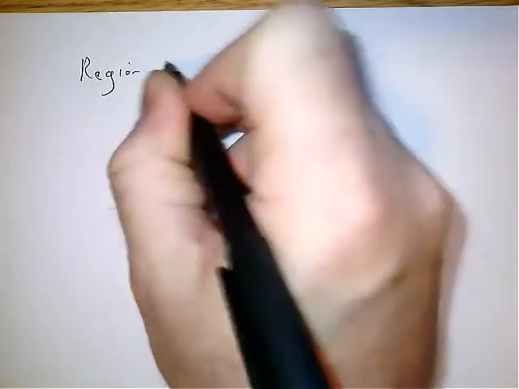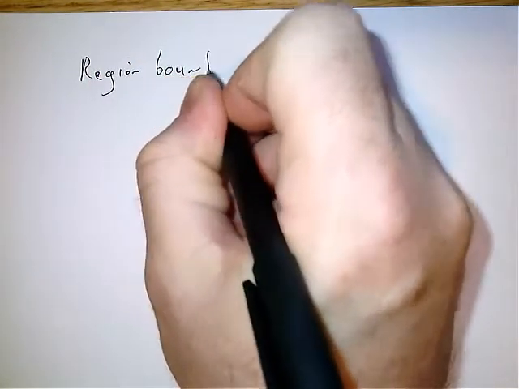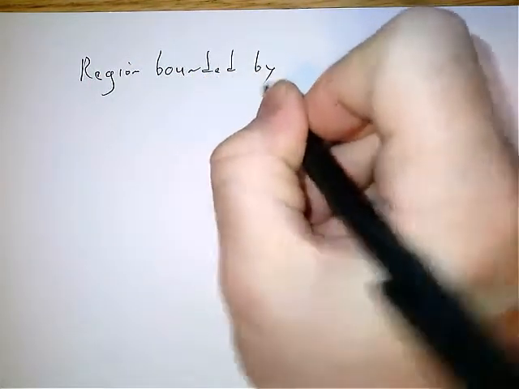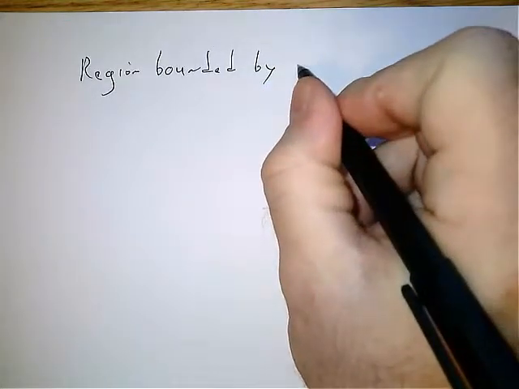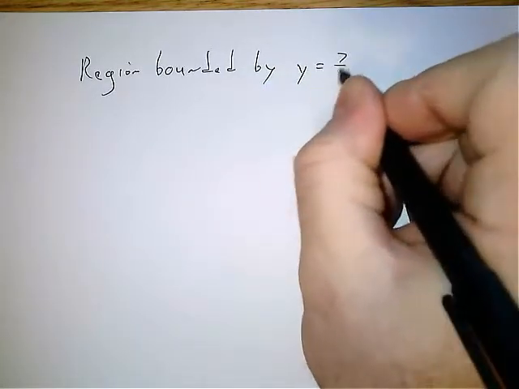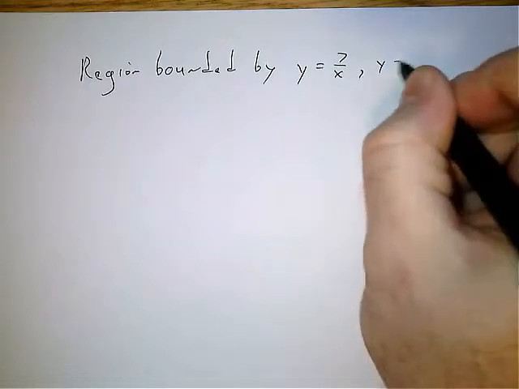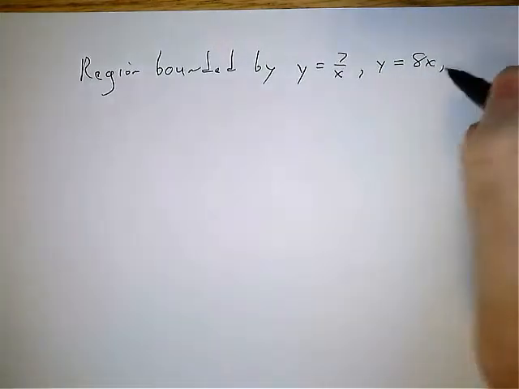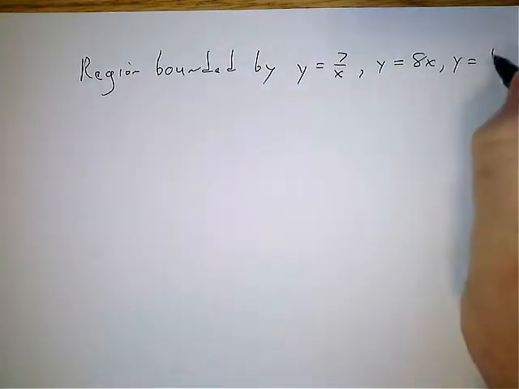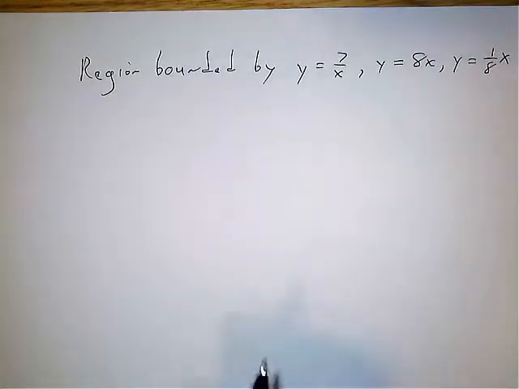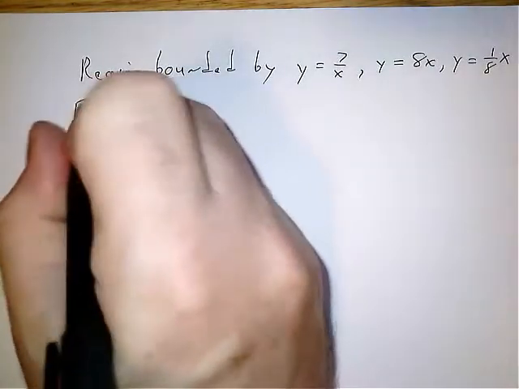Okay, here we're given a region bounded by y equals 7 over x, y equals 8x, and y equals 1/8 x. And we want to find